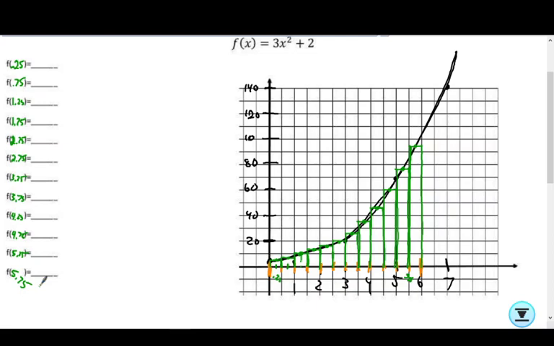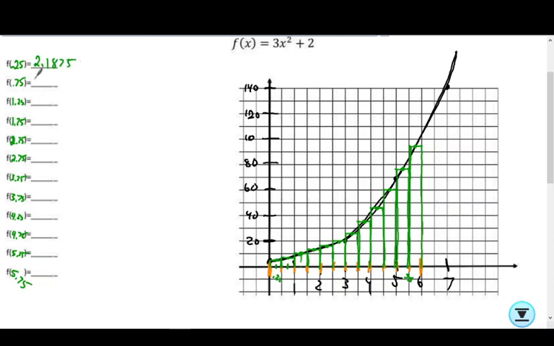So again, I'm not using the left side, I'm not using the right side. The heights are coming from the middle, in between 0 and 1/2, which is why we use 0.25. It's in between 1/2 and 1, 0.75. So we're using midpoints, which makes it a little more difficult because the numbers are going to be kind of squirrely. The next thing we're going to do is take all these values and plug them into our function to see where the function is at 0.25. And that's at